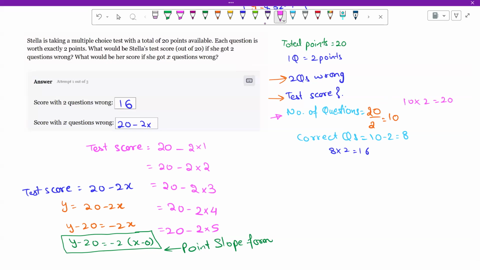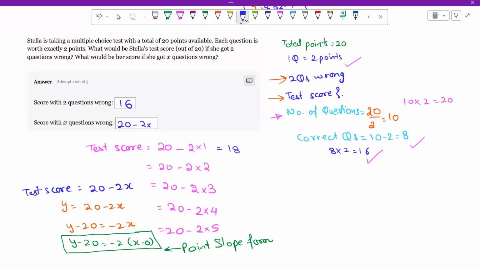Now correct questions, they are saying 2 were wrong out of the 10. That means 8 are correct. One question is 2 points, so 8 questions is 16 points. That means if 2 are wrong, she scored 16 points. Now, they wanted to find out for X questions wrong. For this, we wanted to summarize what is the test score. Now, what will be the test score if there was one question wrong? One question is 2 marks, so 20 minus 2,